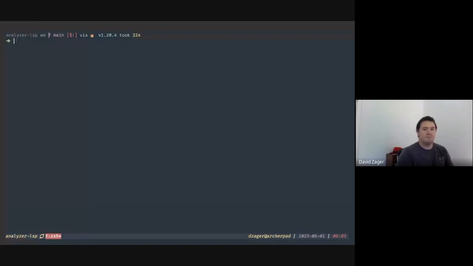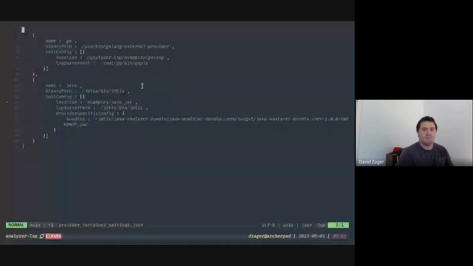All right. So what I'm going to show is now we can specify the Java provider and the location of the file to be a jar, war, or ear file. And when we see these files, we're going to crack them open using unzip. And then when we see the class files, we're going to decompile them. And we're going to decompile them in place. And what you'll see is